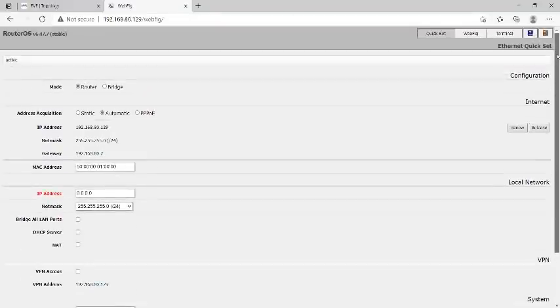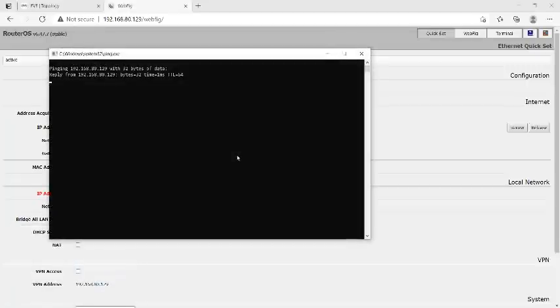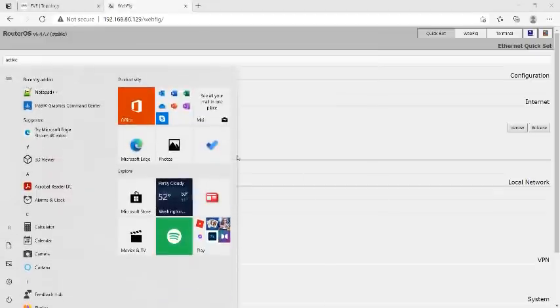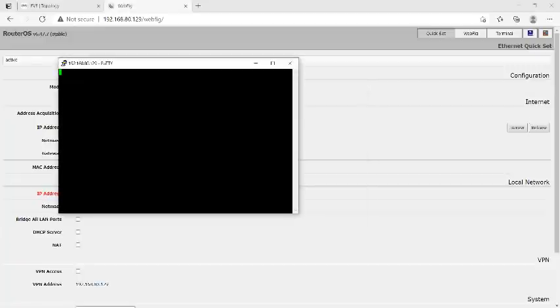So this is the third way. And if you want to get access via telnet or SSH, always check that the MikroTik IP can be pinged from your system, as I am checking it: ping 192.168.80.129 and enter. Here you can see that we are getting the reply. Okay, just open your PuTTY and type here the same IP address, 192.168.80.129, and select telnet or SSH, whichever you want to use for access, and just click on OK.